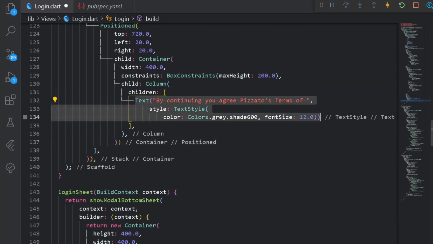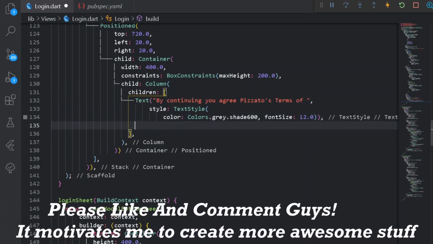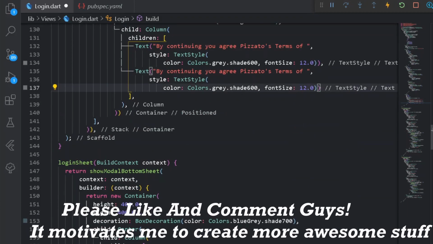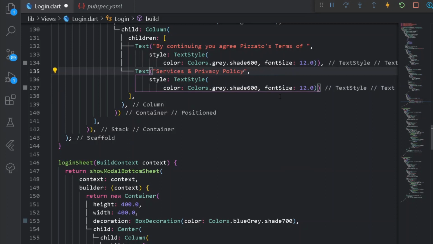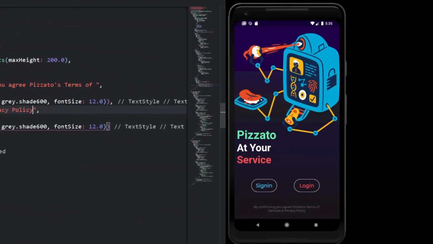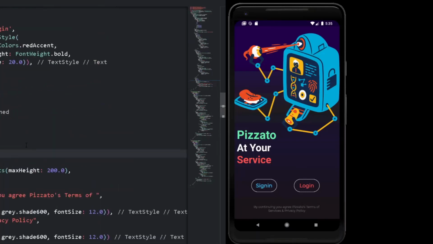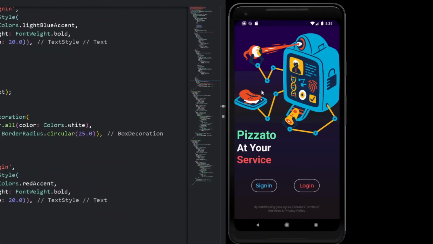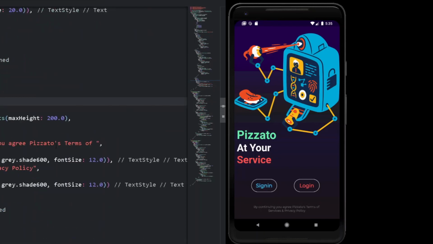So after having the following Text, I can simply copy it from here and paste it one more time. But here let's have somewhat different words. Press Ctrl and S. Alright, so we have our small tagline here which gives our entire Pizzato a somewhat professional look. So after having the following UI, which looks quite fantastic now, we are going to